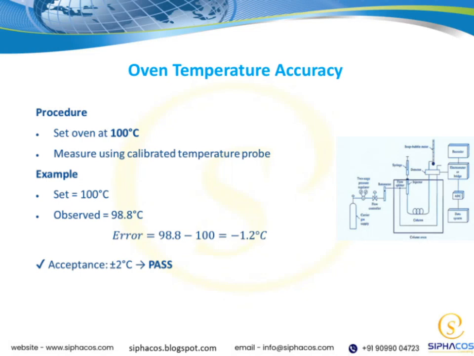Oven temperature accuracy is a critical factor in ensuring consistent and high-quality cooking or baking results. When your oven's temperature is accurate, you can trust that the heat inside matches the setting on the dial or digital readout. This accuracy is essential because even small deviations can affect the texture, taste, and appearance of your food. For example, if your oven runs a few degrees hotter or cooler than what you think, it can lead to